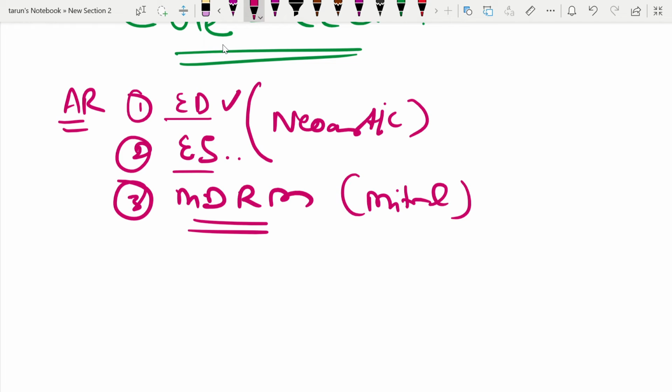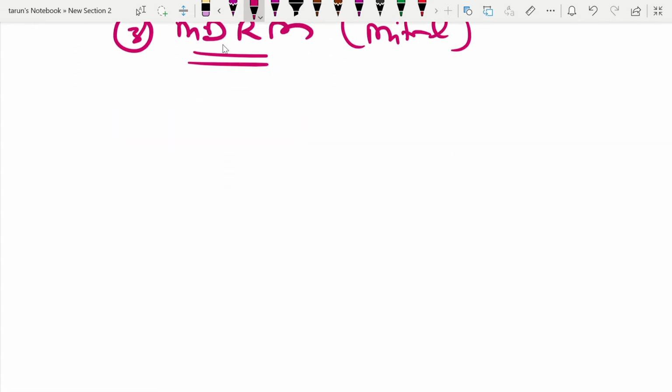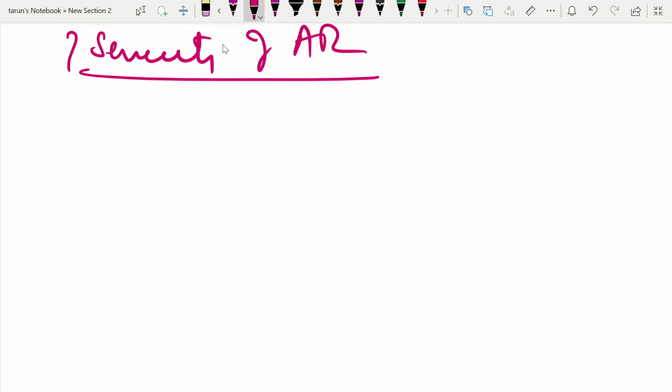Then how do you assess the severity of aortic regurgitation? The question can come, how will you assess the severity of aortic regurgitation at the bedside? You will say, sir, presence of marked peripheral signs, wide pulse pressure, Hill sign more than 60 millimeter of mercury, the difference in systolic pressure between upper and lower extremities. If it is 20 to 40, it is mild, 40 to 60 is moderate, more than 60 is severe.